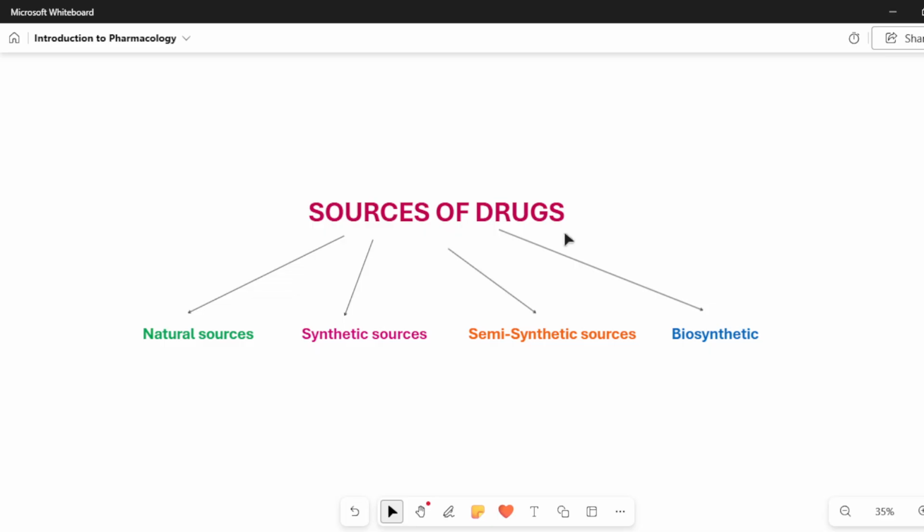So drugs are the raw materials. So from where we are getting those raw materials, we are going to see now. The drugs are derived from natural sources, synthetic sources, semi-synthetic sources, and biosynthetic sources. So now we will see what are the different sources and how they are getting those drugs.